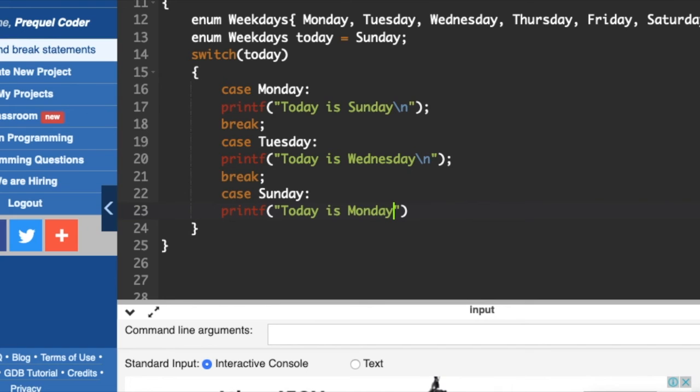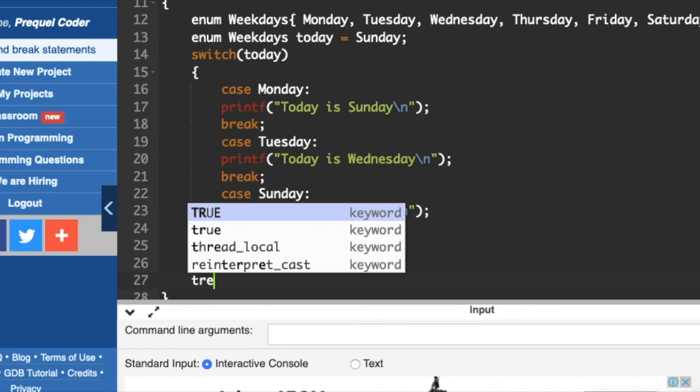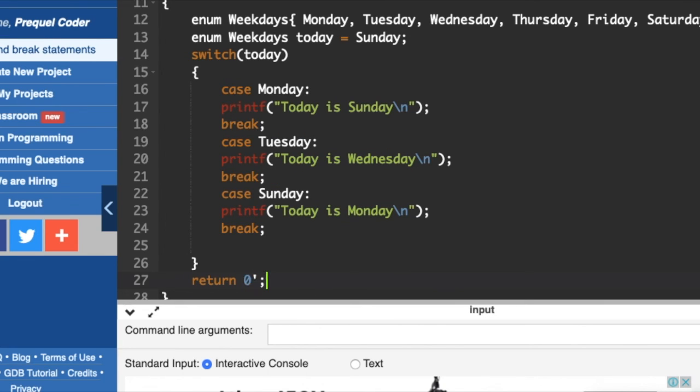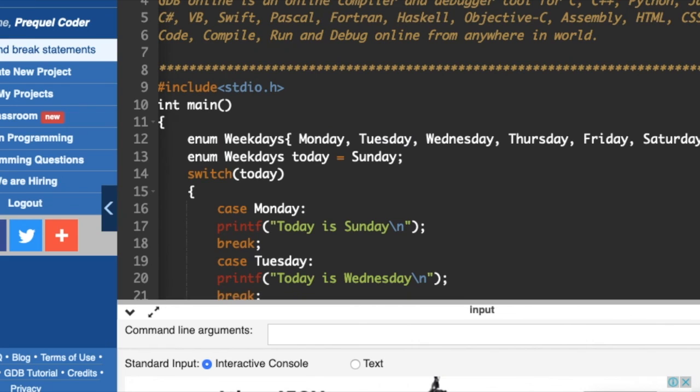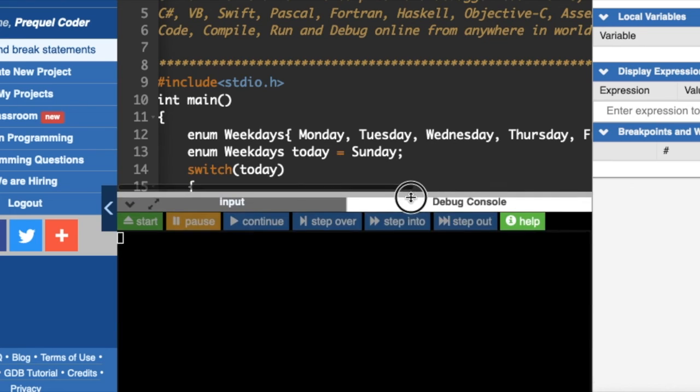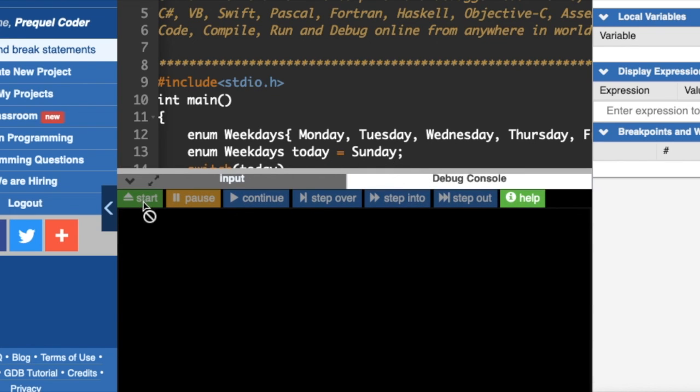I just completed the code and am including the break statement, and we will return 0. As we are using int main, we need to return 0. My code is done and there are 0 errors in my program.